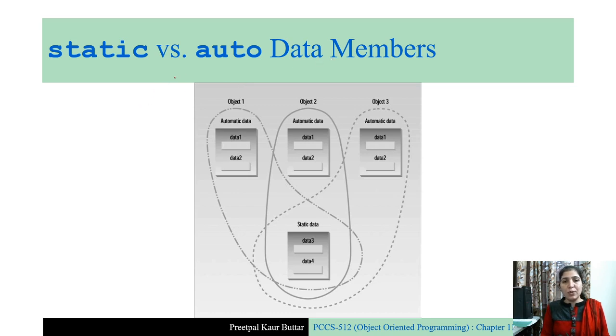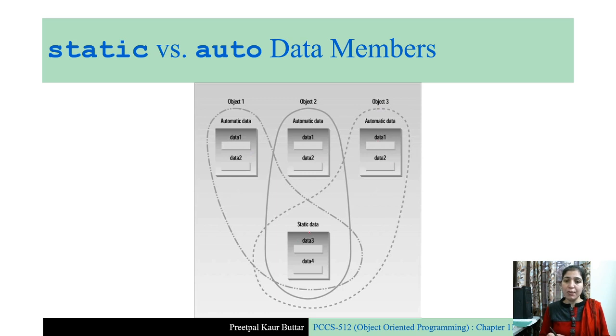So what is the difference between static and auto data members? Here are the objects, object 1, object 2 and object 3 of a class. This class has some auto data, normal variables. So each object has its own copy of this auto data. It means object 1 has its data 1, data 2, object 2 has data 1, data 2 and object 3 has its own copy of data 1 and data 2.